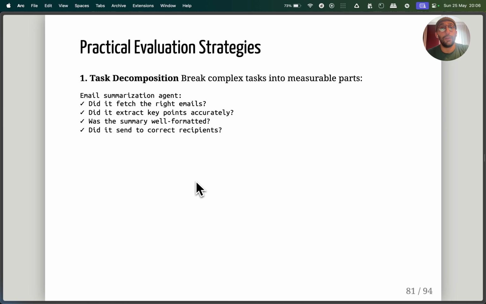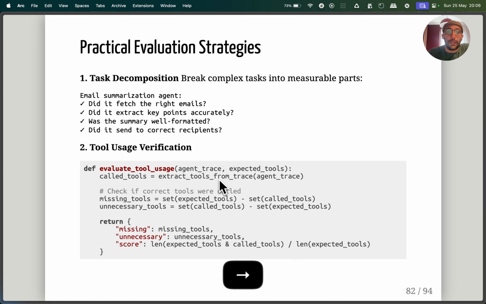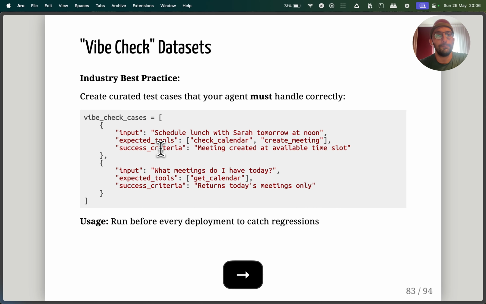That's just for summarization. But the point is, you break down whatever big task you have for your agent into parts that you can measure progress against. Okay, this is a good way to evolve your agents. And this is a little mock-up code example of doing this type of evaluation, where I'm just working on if they're missing tools in the output or if it's using unnecessary tools, and then we're calculating a score. This is one simple example for the specific problem of tool usage verification, but you can do that across a whole bunch of stuff, okay?